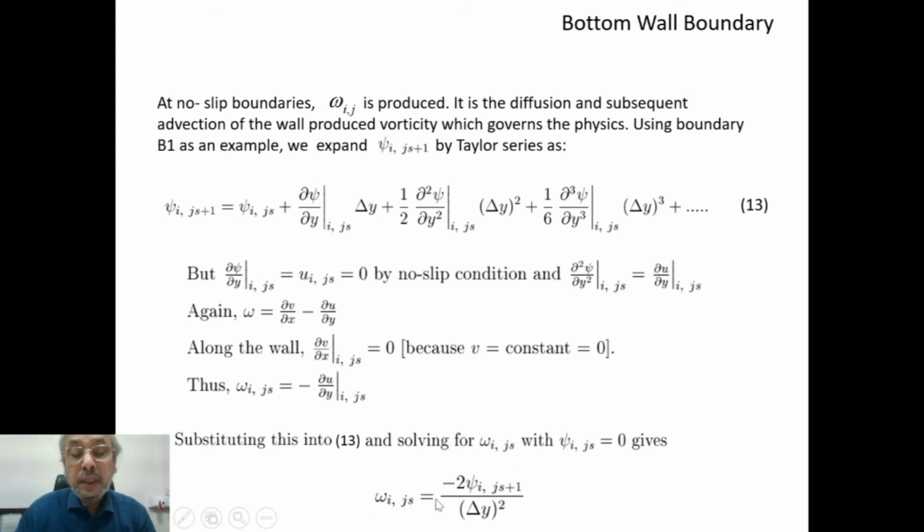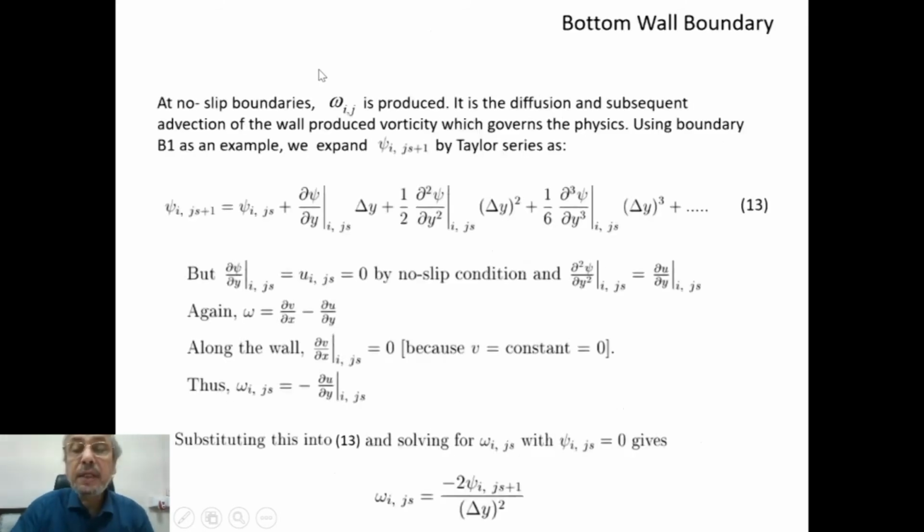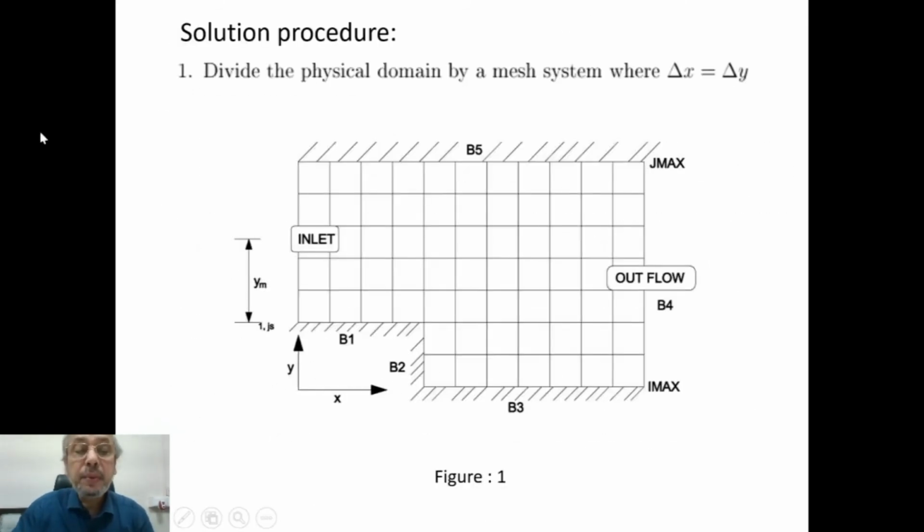So this is how at the bottom wall we prescribe u, v, psi and omega. Now we go a little further. If you look at the geometry, we have taken a backward facing step. I mean, this is horizontal, this is horizontal, this is a vertical surface. So to generalize this, we can say that